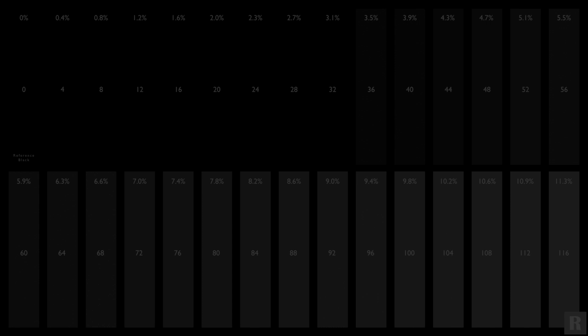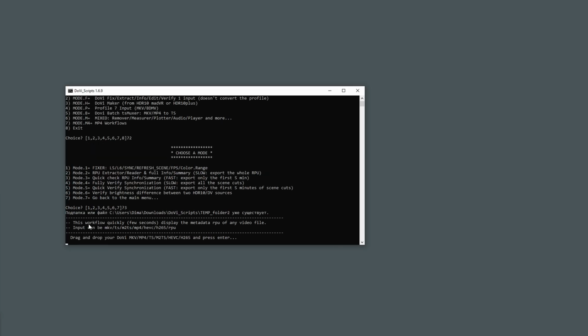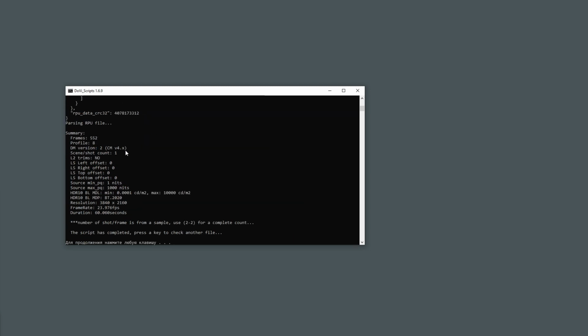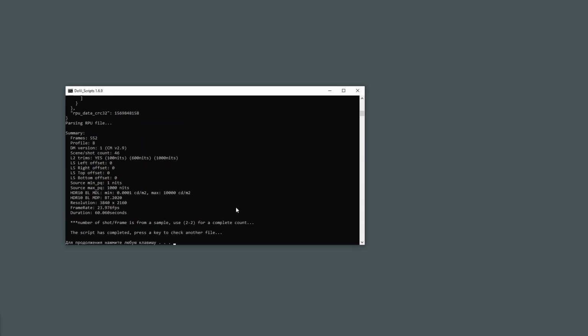To test this theory, I took the file 014 DV black level in Profile 8. It had a prescribed brightness of 10,000 nit. I made two modifications to this file. I made one version with PQ 1000 nits by Dovi script, just correcting the L6 metadata. For the second file, I created a new CM version 2.9 and specified the maximum PQ value of 1000, although I made the CM itself in DaVinci in version 4.0. But I left the optimization for different levels of DV, 600 nit and 1000 nit, inside the RPU, and started testing them.